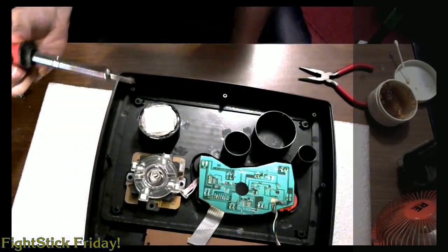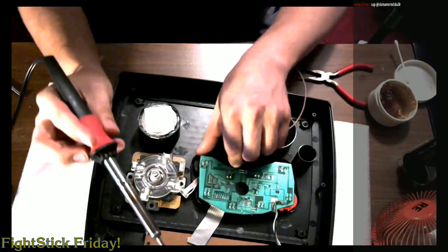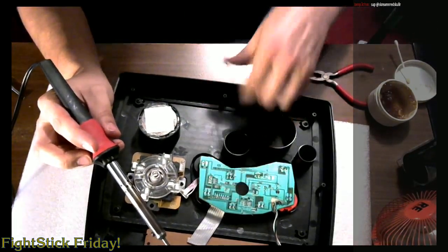Cool. I got those points desoldered. I can actually lift the PCB off them a little bit. I don't know if you can see that very well, but...